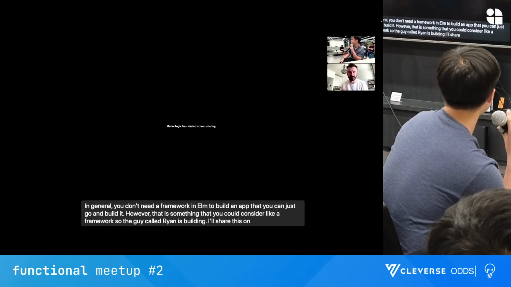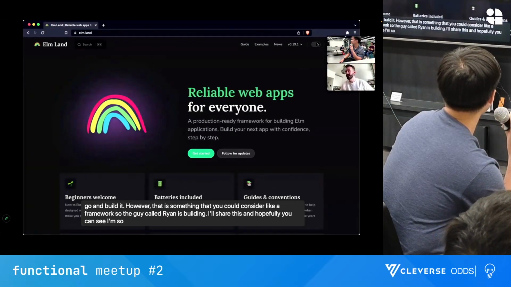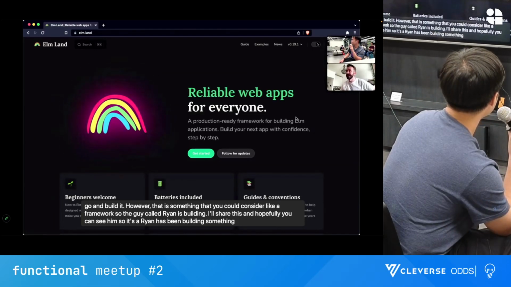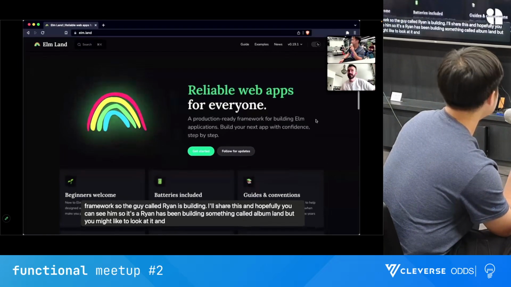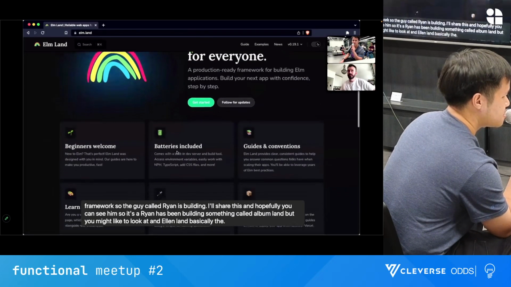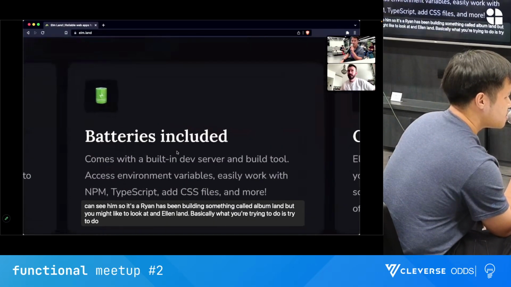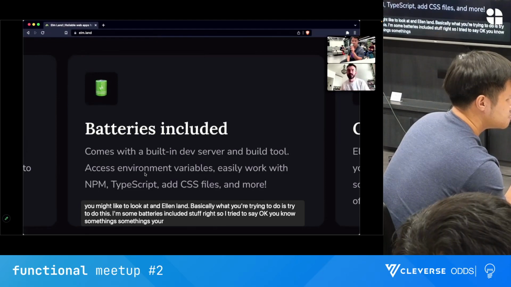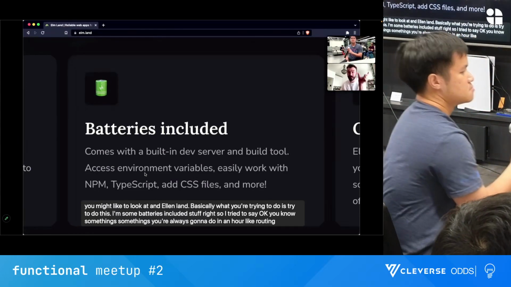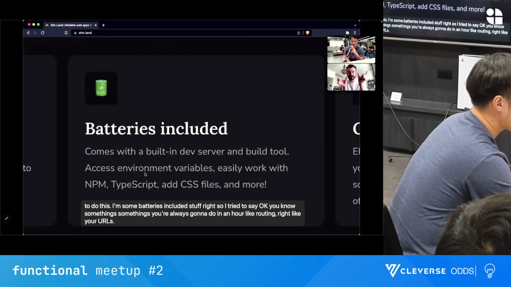So Ryan has been building something called Elm Land, which you might like to look at. Elm Land basically tries to do some batteries included stuff, right? So it tries to say, okay, some things you're always going to do in an app, like routing, right? Like your URLs match to pages.